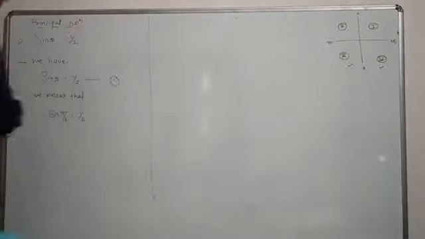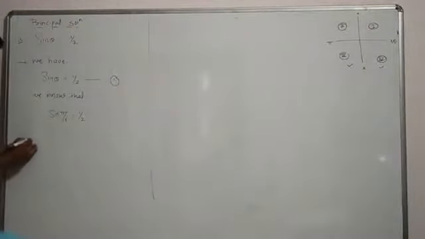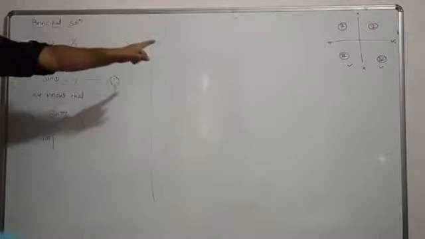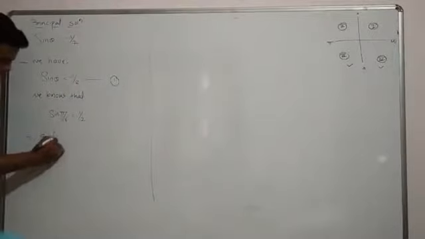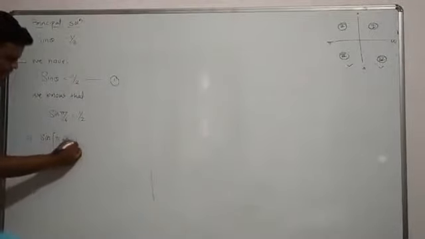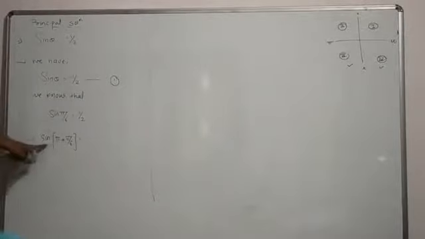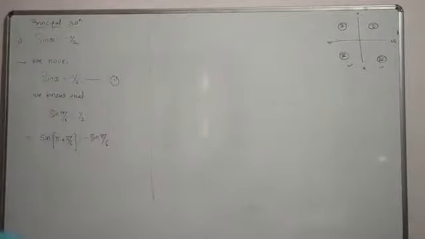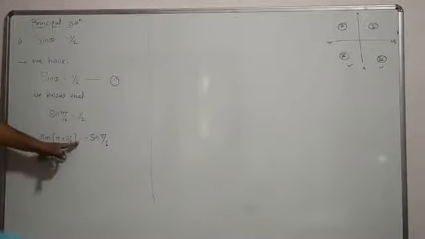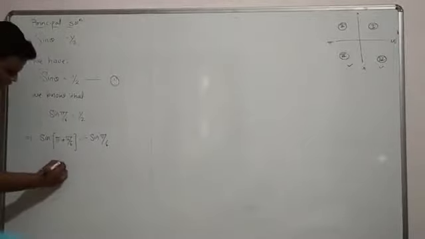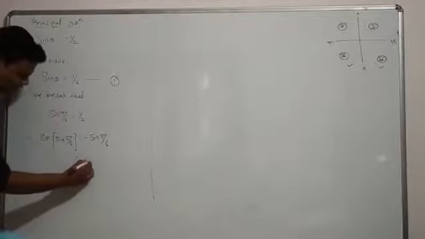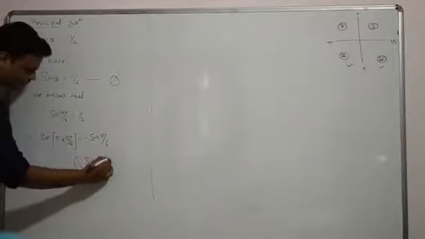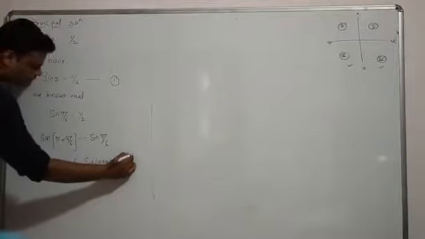So here you have, which implies sine of, now add this theta to pi to go to the third quadrant. So you have pi plus pi by 6, and sine of pi plus pi by 6 will be minus sine pi by 6. Right? Sine of pi plus theta is equal to minus sine theta. If you want, you can give the reason, since sine of pi plus theta is equal to minus sine theta.